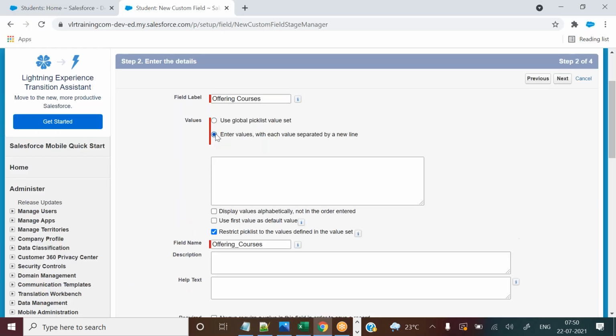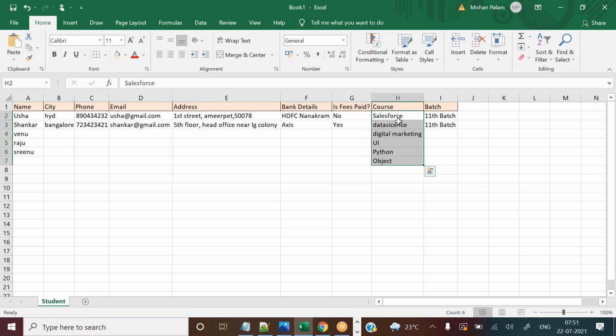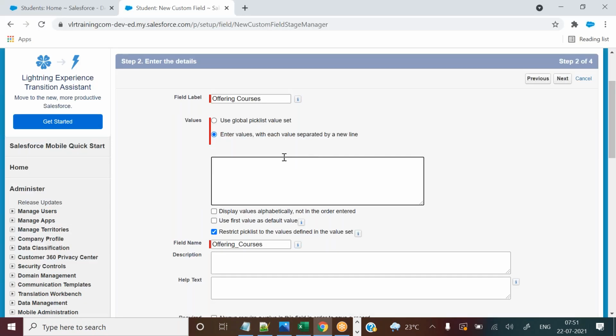So here you need to select the second one. This is the coding related things, guys, some kind of packages. It's not needed. So you need to click on this radio button and come down. And here you can enter all these details. Okay, copy it, paste it. Okay, remove it. Let me show you.